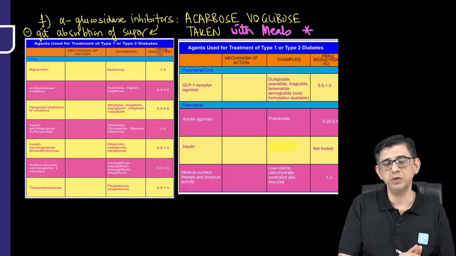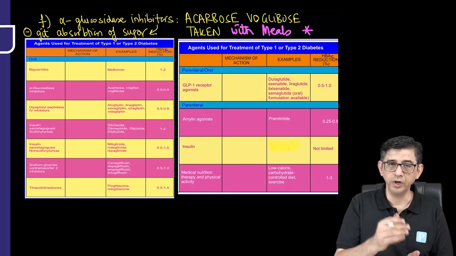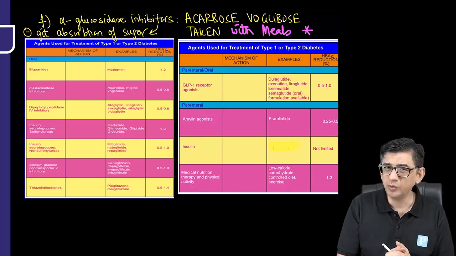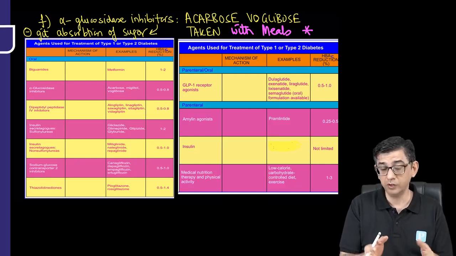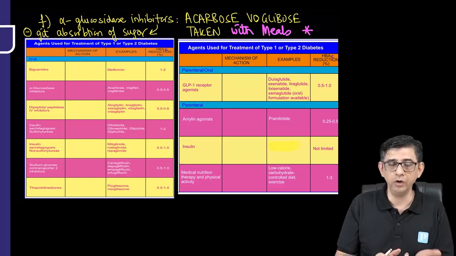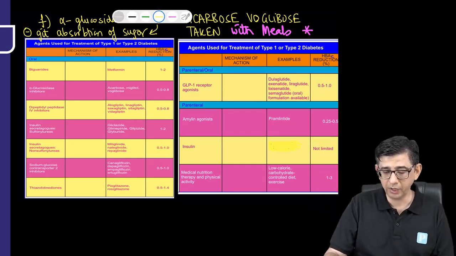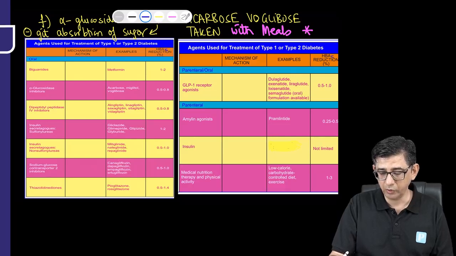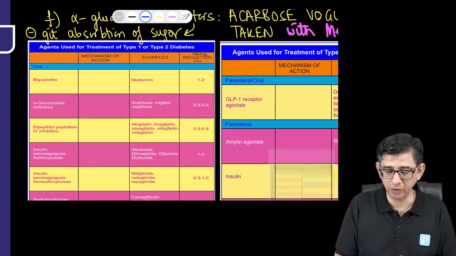The fall of HbA1c with alpha glucosidase inhibitor is only 0.25%. When an educated person hears that 0.25% fall of HbA1c, he'll ask, sir, why are you writing this for me? So I'll tell him that this is not for long-term control. This drug is deliberately designed not for long-term control, but mainly to control the postprandial spike that is occurring in this person. And what I've tried to do here before you is explain the various drugs that are used in management of type 1 and type 2